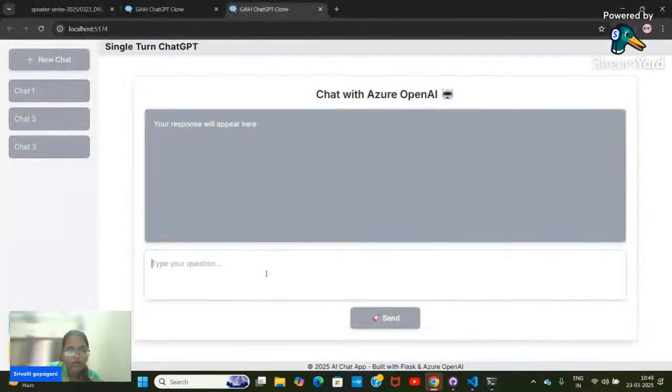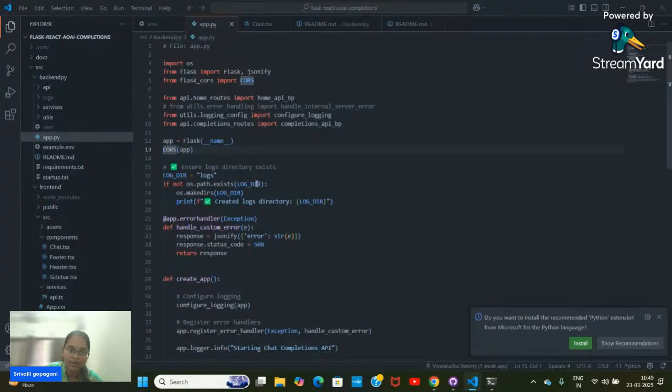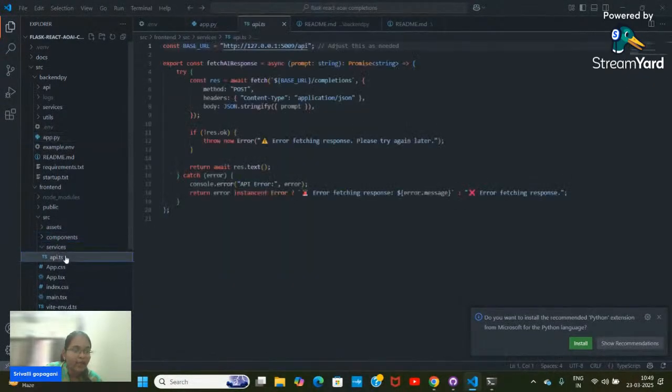So yeah, I would like to ask the same question again. What is an apple? You could see here, an apple is a type of fruit. This response is generated, which concludes that the CORS error is the main thing that should be resolved, or else our system won't generate a response. We have created, in src, in components, app.api.ts, and in services we could see,